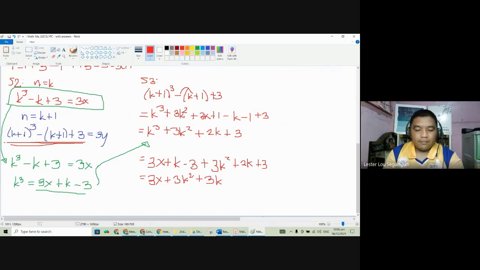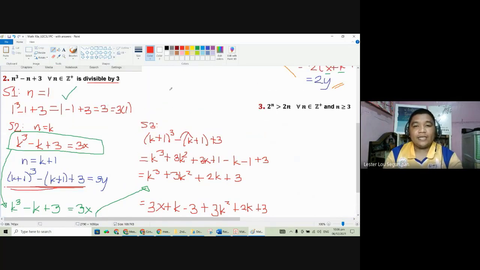3k. Negative 3 plus 3 is 0. So this is now our expression. As we see now, we have factors of 3 for each term, so we could factor it out: 3 times the expression x plus k squared plus k. This is now an expression with a factor of 3, and that's very clear to state that this is now divisible